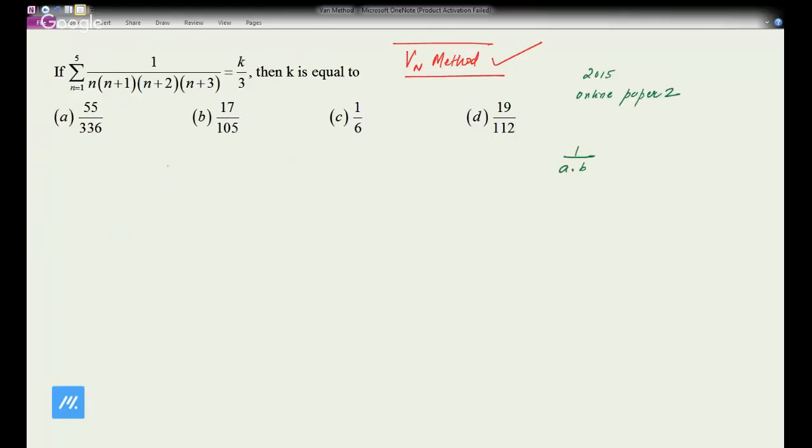ठीक है, नहीं तो आप चैप्टर का जो मेन पार्ट है वो भूल जाओगे। तो जब नीचे 4 टर्म्स हो जाती हैं तो क्या करना होता है, कैसे लिखोगे इस वाली टर्म्स को, अब वो देखो। वी एन मेथड के लिए हमें क्या चाहिए होता है, डिफरेंस ऑफ 2 टर्म्स। तो डिफरेंस कैसे बनाएंगे, ये लास्ट टर्म इधर से और इधर से, दोनों जो एंड टर्म्स हैं, एंड पे जो आ रहे हैं, उन्हें सब्ट्रैक्ट कर दो ऊपर न्यूमरेटर में।